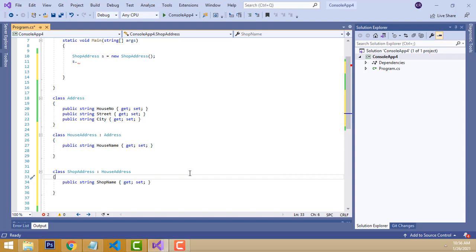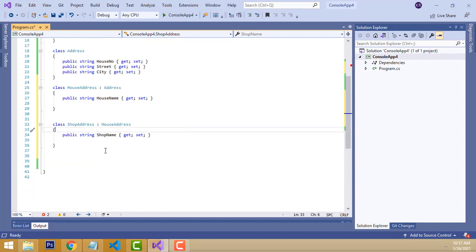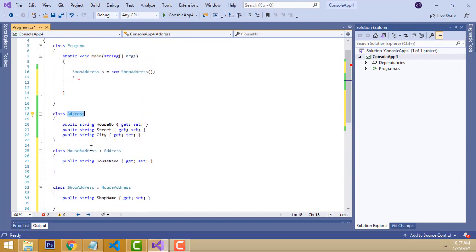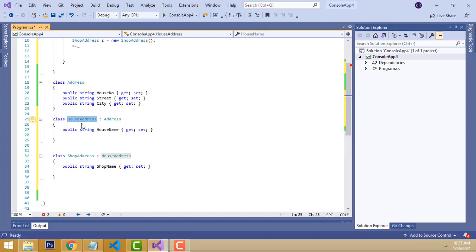It is a very simple concept, and you must understand it. If you don't understand this concept well, you can't write programs. MVC will also be difficult to study. If you study this concept clearly, programming will be easy. So that is how to inherit from more than one class, that's what we have to do.